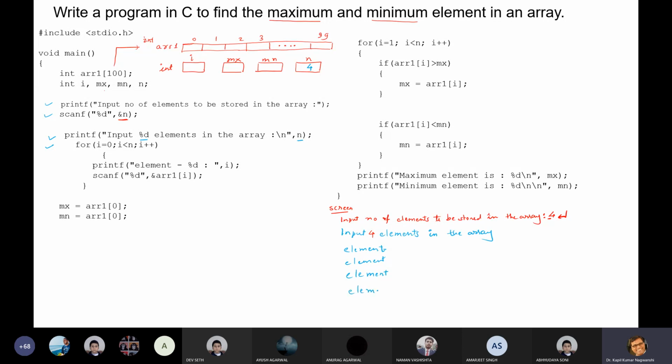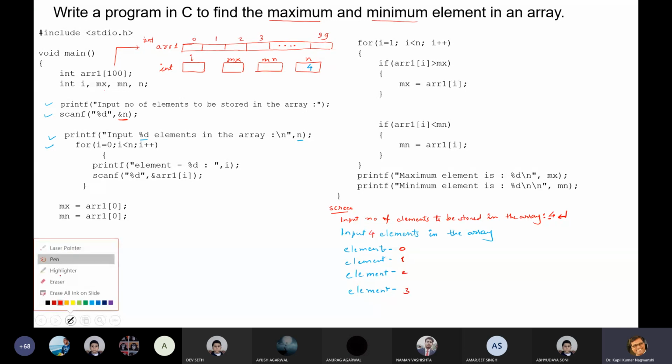So it will automatically run 4 times. Then it will ask for the element %d, i. So the initial value of i is 0, 1, 2, and 3.